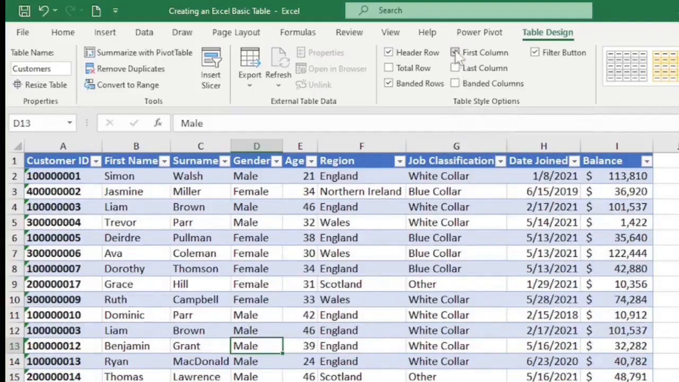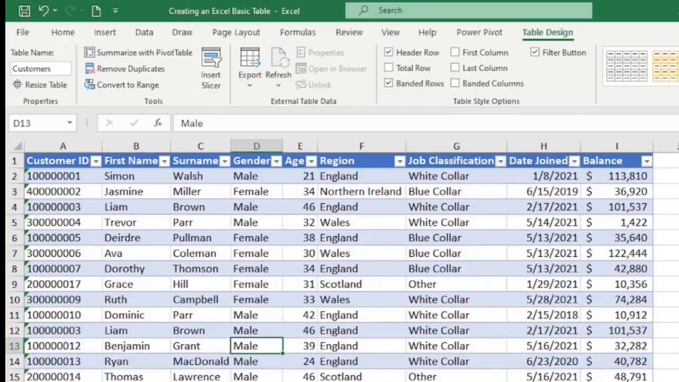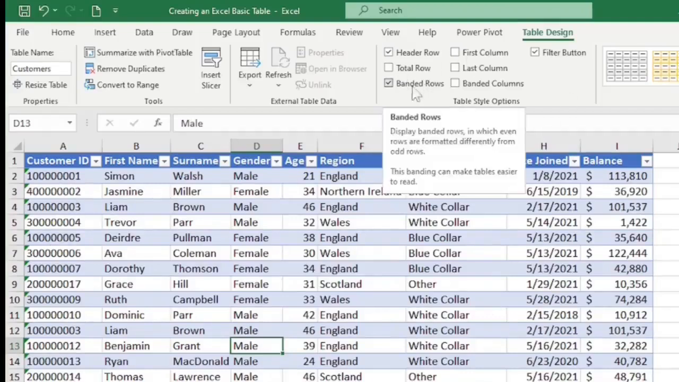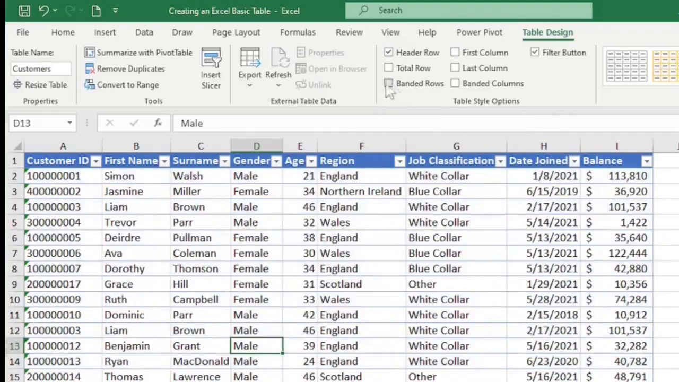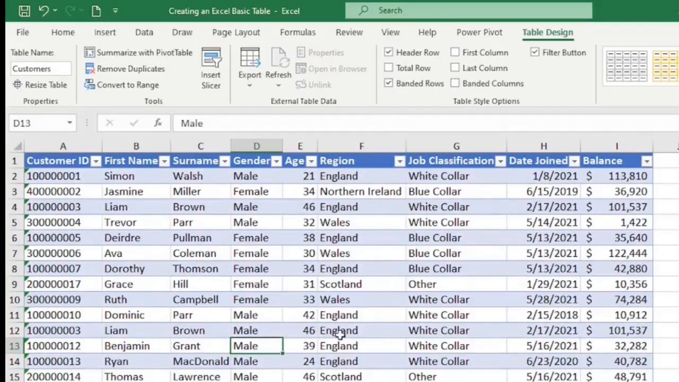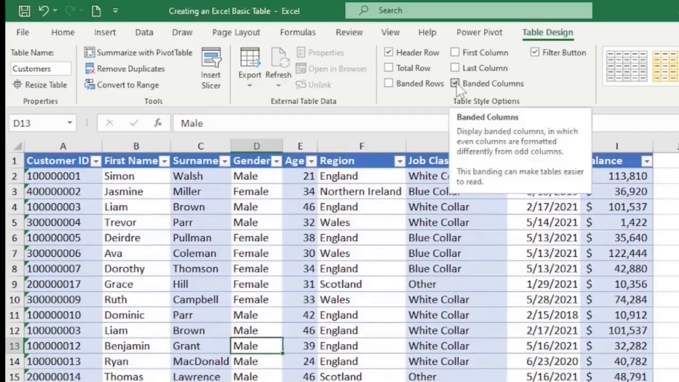To unbold, you uncheck them. Also, we have the banded rows and banded columns. These are alternate colors we see on rows and columns. For instance, now we are seeing alternate colors on rows simply because banded rows is checked. To put them off, you uncheck it. Bring them back, you check the box. Similarly with columns, you can bring the alternate colors of columns, make them banded by checking the box, or put